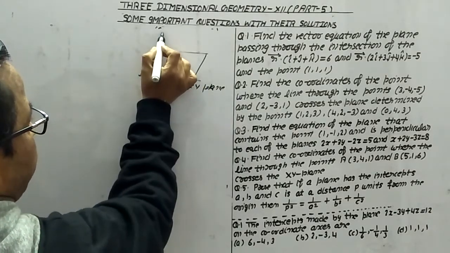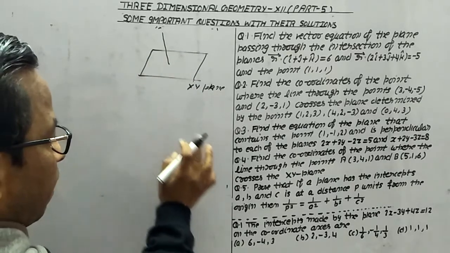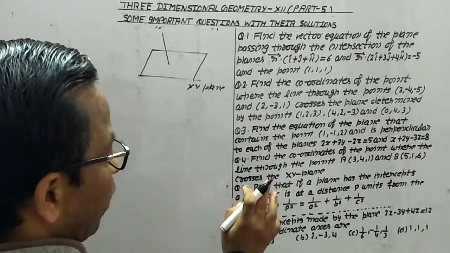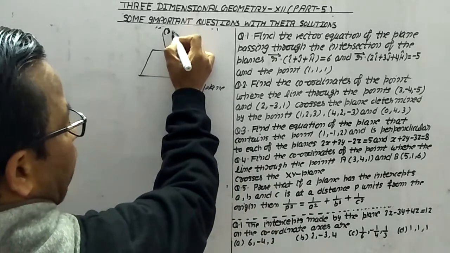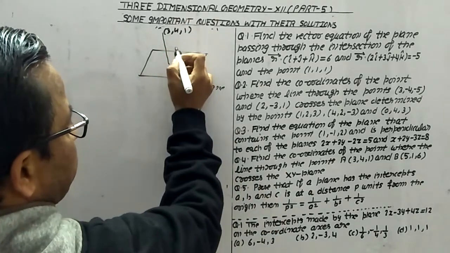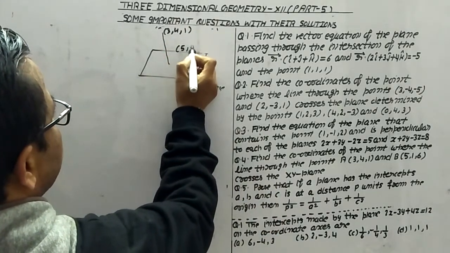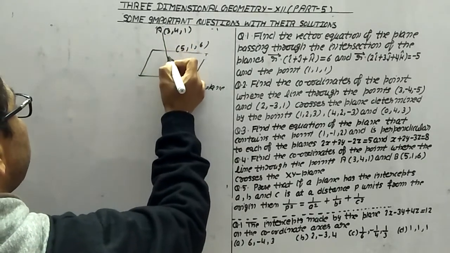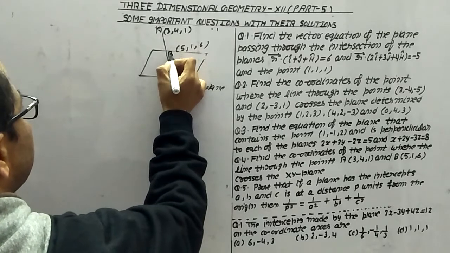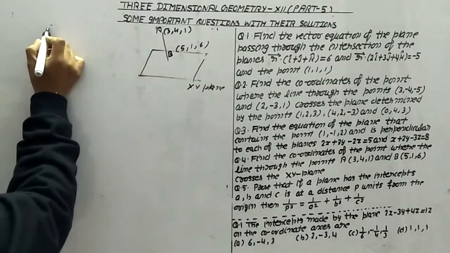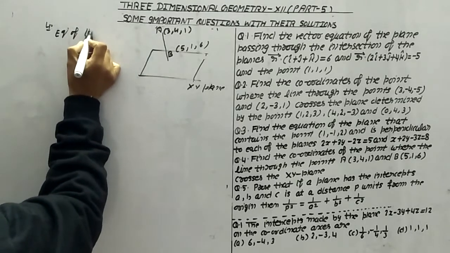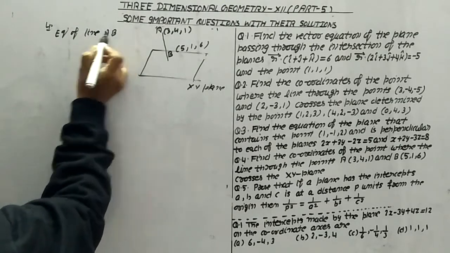Now for this plane, this line crosses the given plane, and the line is passing through the points (3, 4, 1) and (5, 1, 6). Now let us suppose this is point A and this is point B. First of all, the equation of line AB is given by